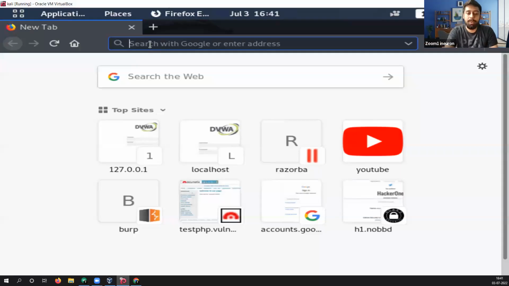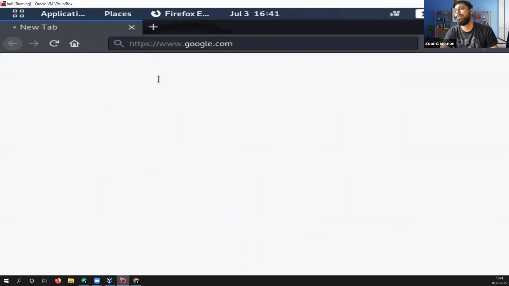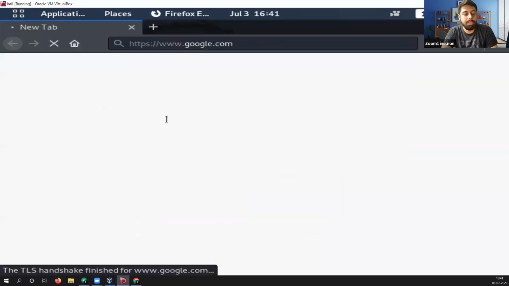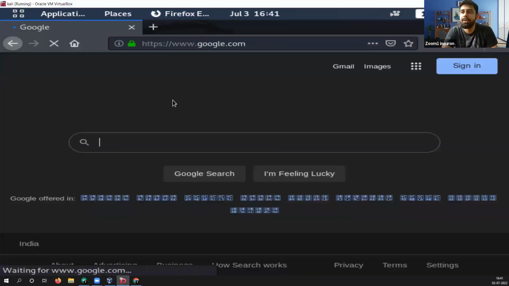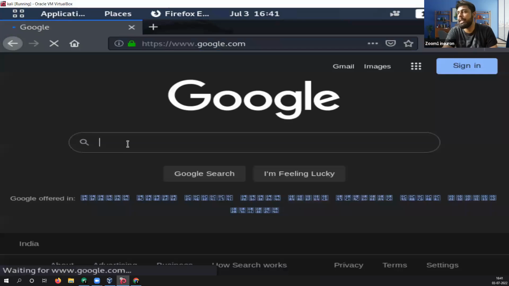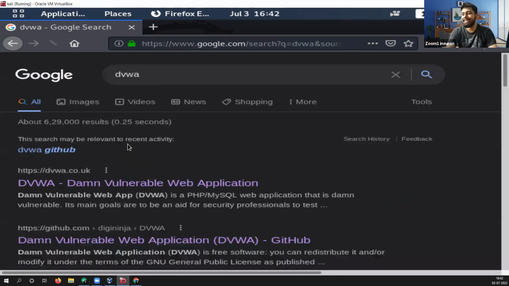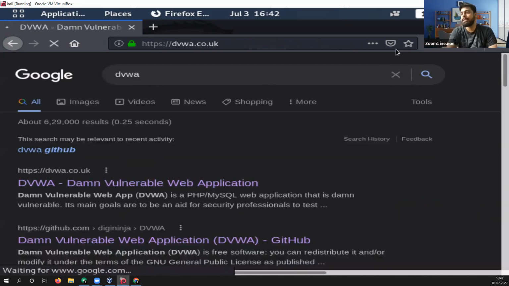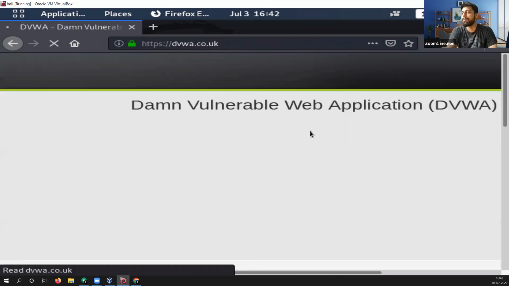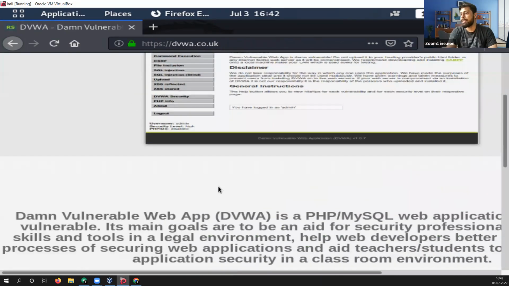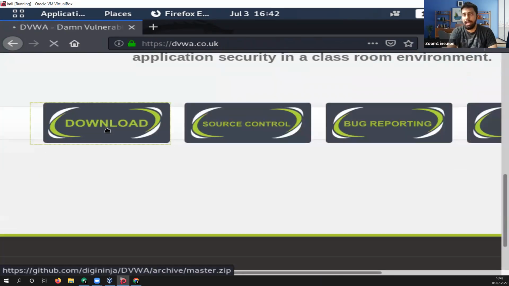So I'm gonna go with Google, and the URL was dvwa.co.uk. So I'm just gonna write here as dvwa, like I gave you the options. Yeah, that's what I'm telling you. If you can't access this dvwa file, then use the command that I have just now shown you. Okay, so you're just gonna go here, and click on download,